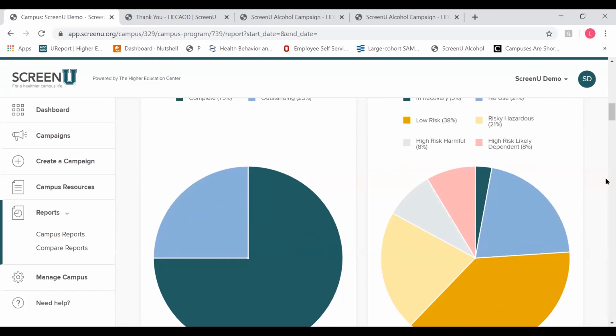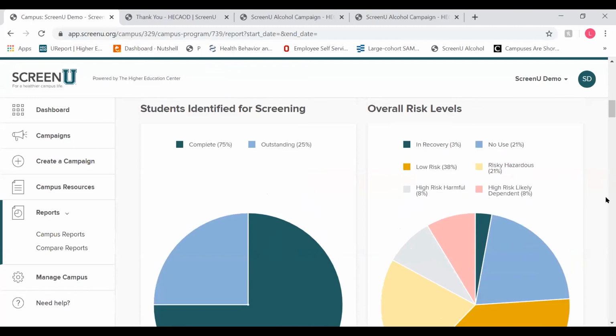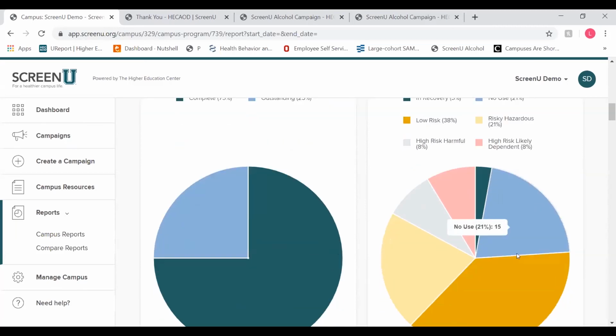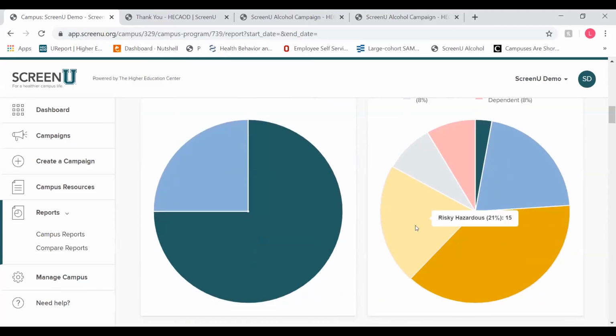So if you created a campaign specifically for, let's say, student athletes, you would have the ability to look at that data for that specific campaign. One of my favorite features of this reporting area is that on this overall risk level chart, we have the ability to click on the risky hazardous, the high risk harmful, and the high risk likely dependent